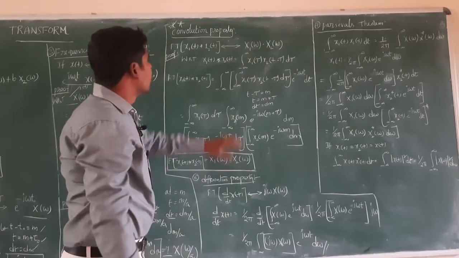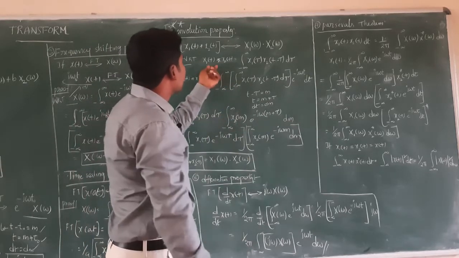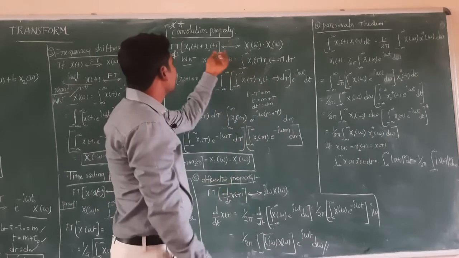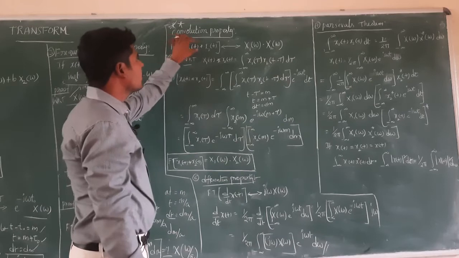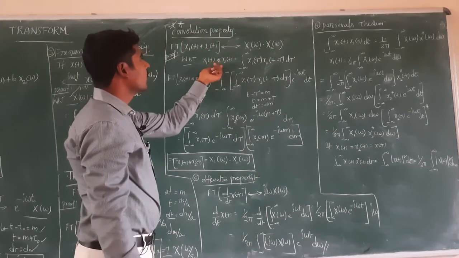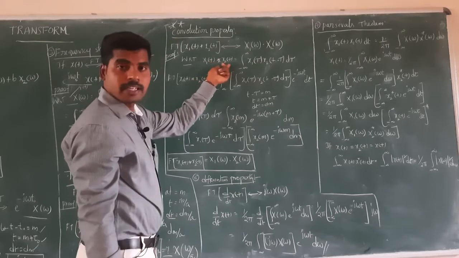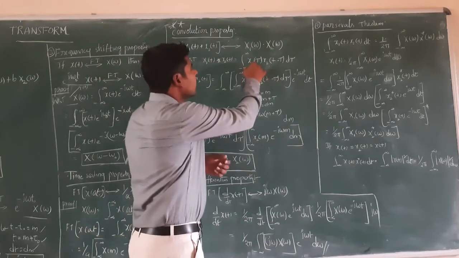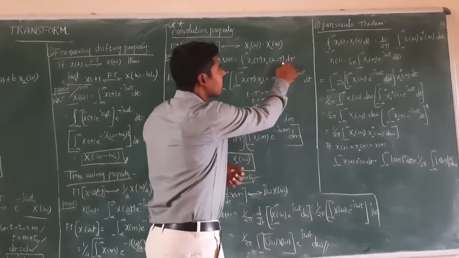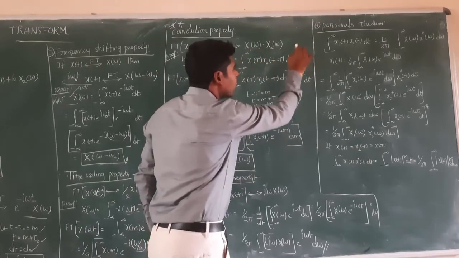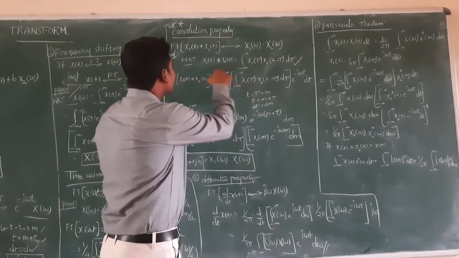Here let us consider, we know that generally in the time domain we are using the convolution property. So for that purpose I can represent first x1 of t convolution x2 of t. We know that from the basic convolution formula, x1 of t convolution x2 of t can be represented as integral minus infinity to infinity x1 of tau into x2 of t minus tau into d tau. So this is the standard formula for convolution, right?